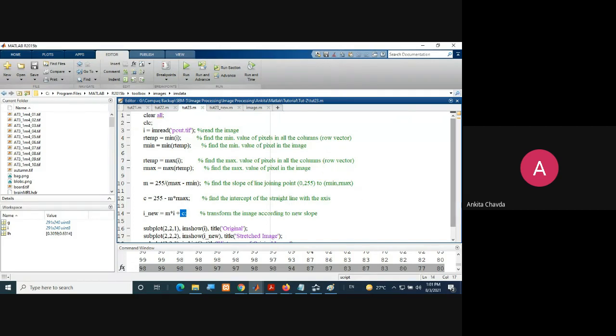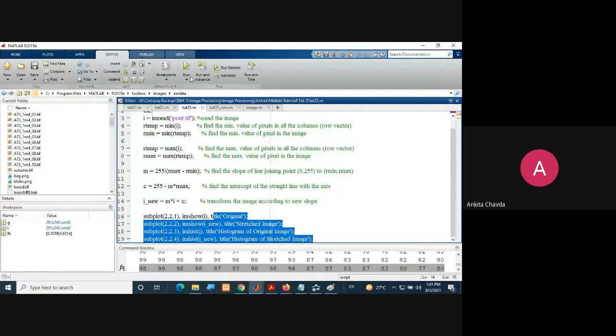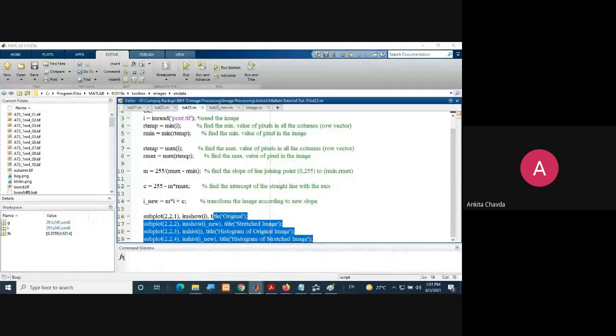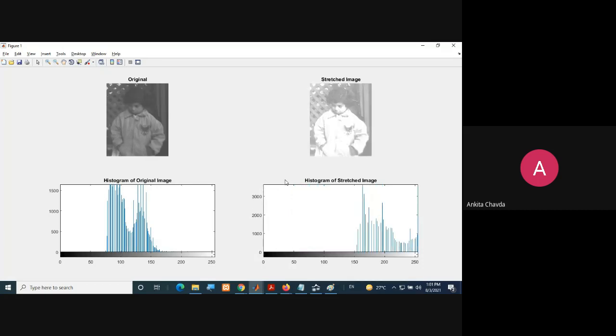And finally, when you check the original image, the stretched image, the histogram of the original image and the histogram of the stretched image, you will get to know what we have. Just wait for the output. Yes, so this is the output. This is the histogram of the original image that you have shifted to this histogram of the stretched image.